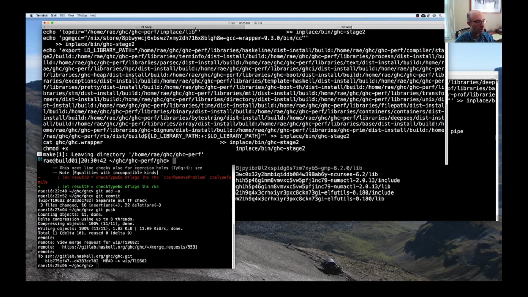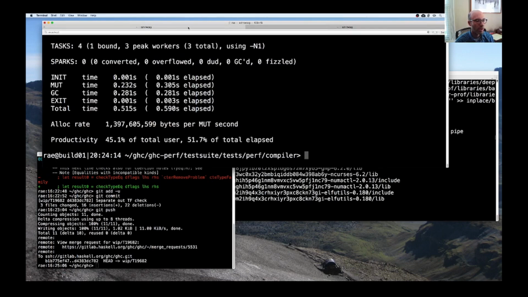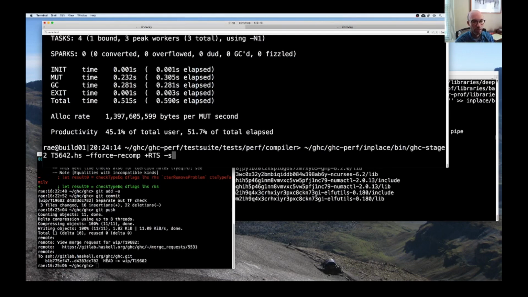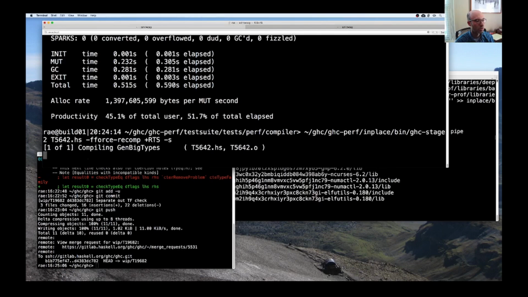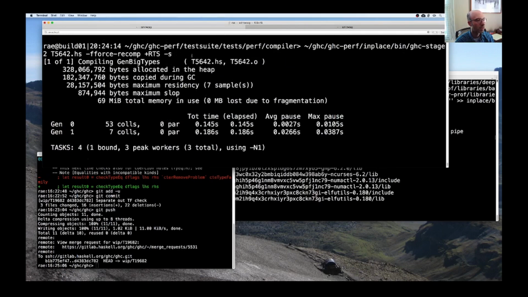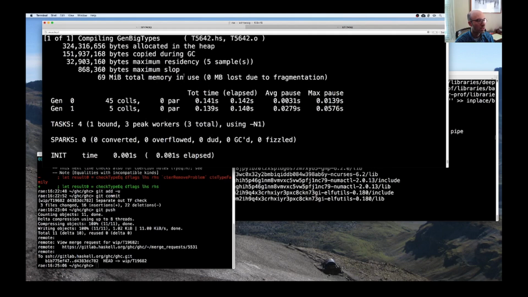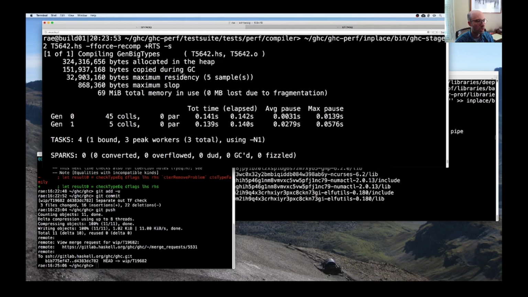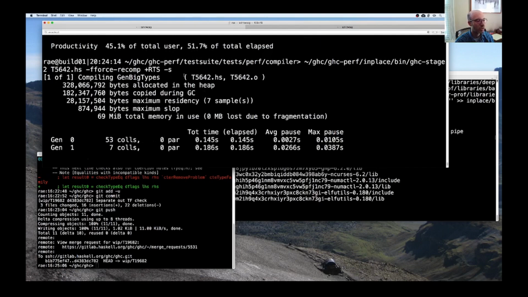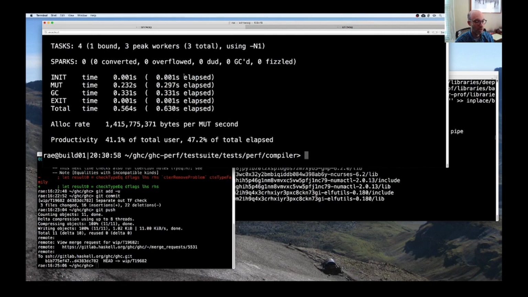Let's see now. So we've recompiled everything. And are we any faster with the new one? So let's run it and see. So now we're at 328 million instead of 324 million. So actually that was clearly a bad idea, which is a bit of a surprise,